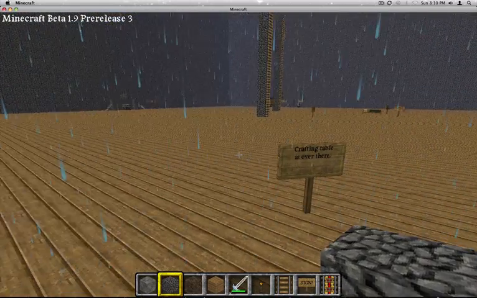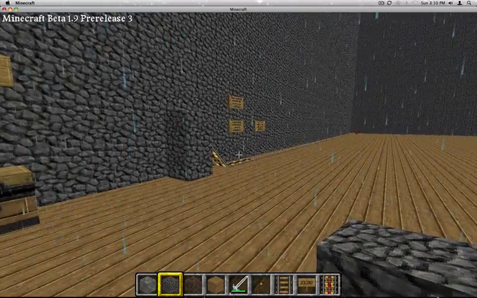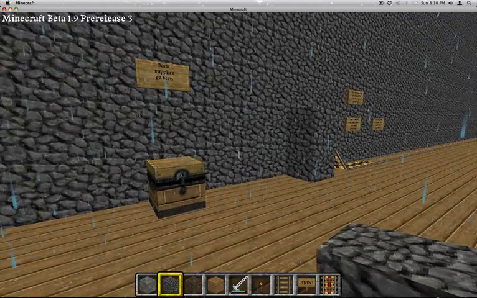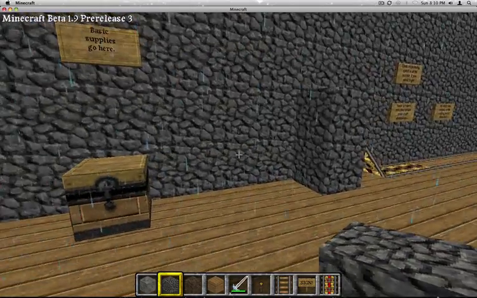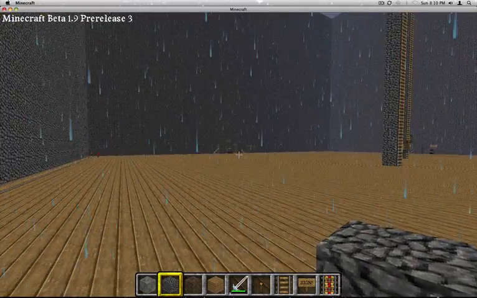So, there's a crafting table over there. And this is one of the things that always happens to me, I die, I can go back to my spawn point, I need a quick sword and maybe some blocks, and I don't have a sword and I have to make one. I'm like, so I need a crafting table. Alright,